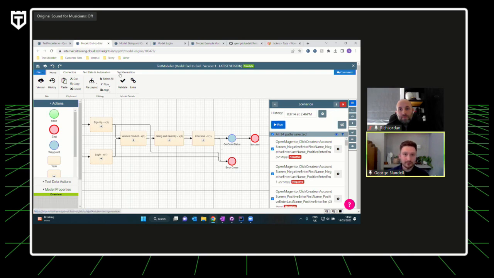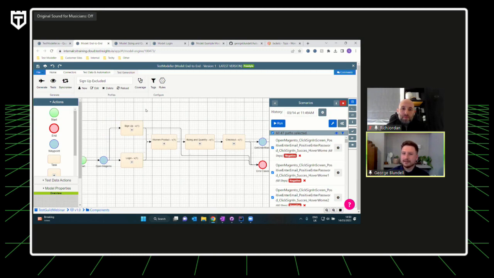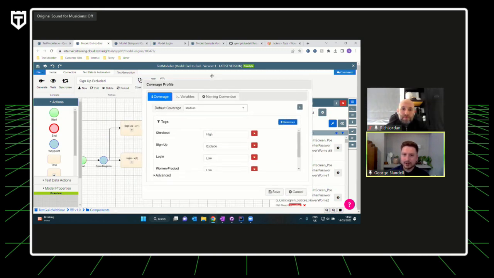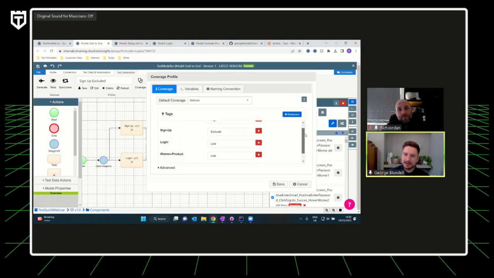Actually, sorry, one thing that I think we didn't show was the ability, when you're creating these coverage profiles, to actually target the test case generation. So inside here, this is the coverage profile. And I've added a tag onto each one of my subflows to basically say, how much do I care about testing this subflow?